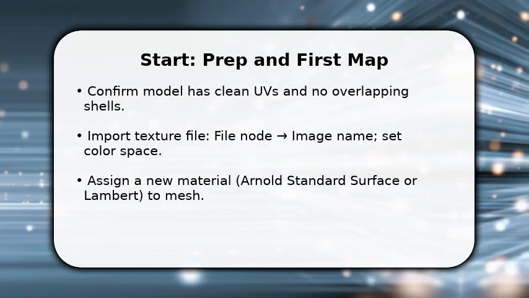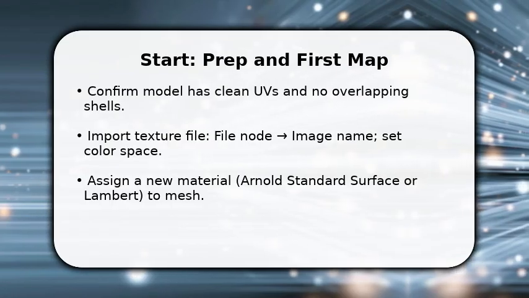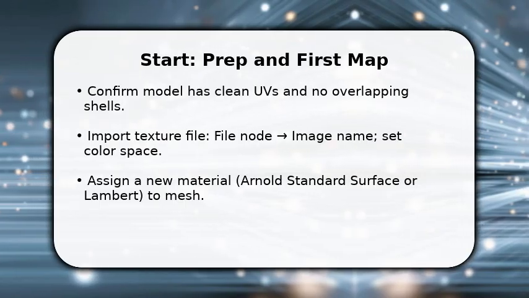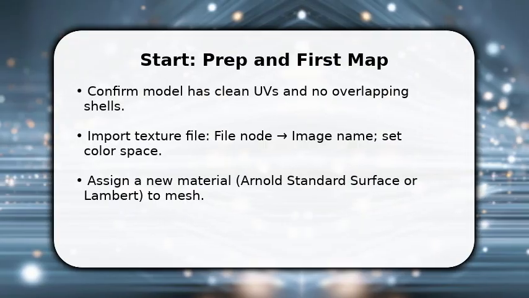Then create a file texture node and load your image. Make sure color space matches the map type. You do this now to avoid rework later. Finally, connect the file node to the material color or base color attribute so the texture displays in the viewport